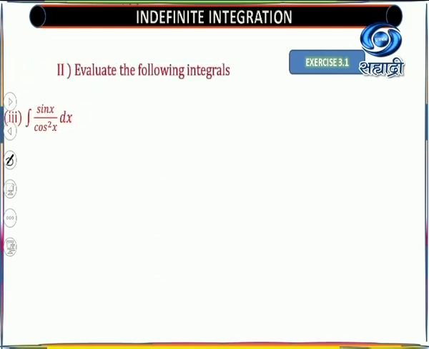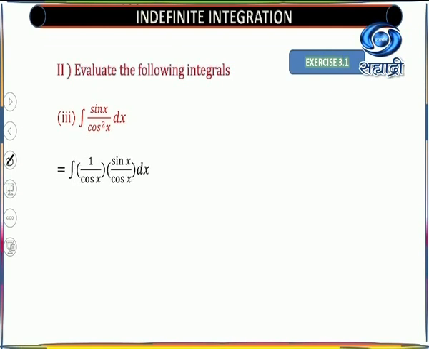Now the next example is of the same kind, that is sin x upon cos square x dx. Okay, now here you have no common or perfect identity you are able to use, but you are able to separate out. And how will you separate out? That's why I have given here cos square, which you can separate out as cos x and cos x. Take one cos x with the sin x, which gives you tan x, and 1 upon cos x is sec x. So now immediately you can say this is sec x into tan x dx, and whose derivative is sec x into tan x, that is sec x.